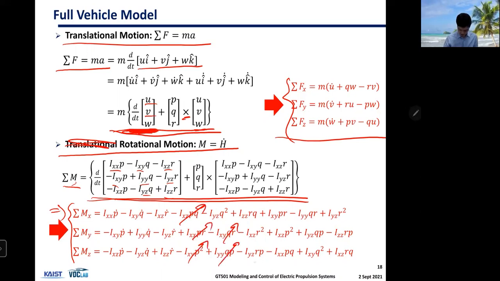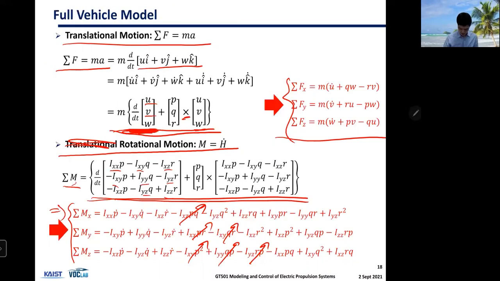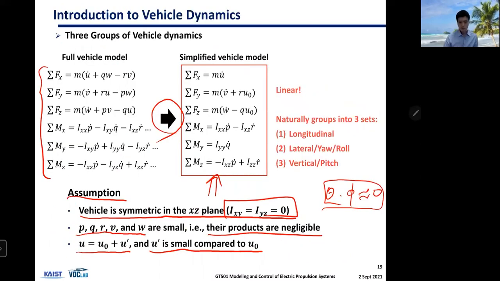Many of these terms go to zeros, okay? These go to zeros and so forth. So if you apply those assumptions, then these 6 equations are what you get, and we can move further from here,